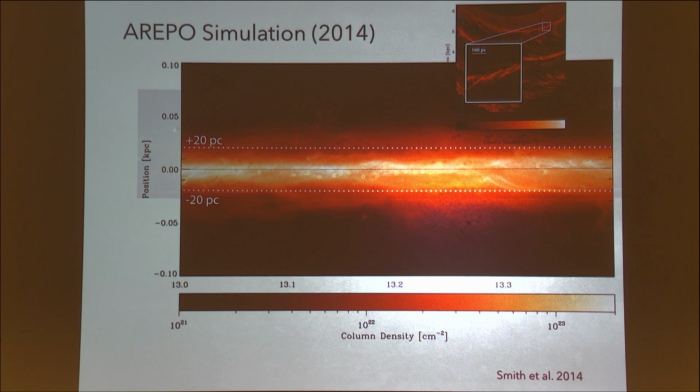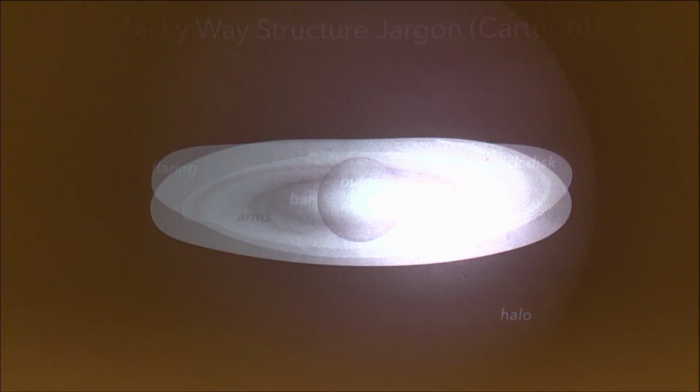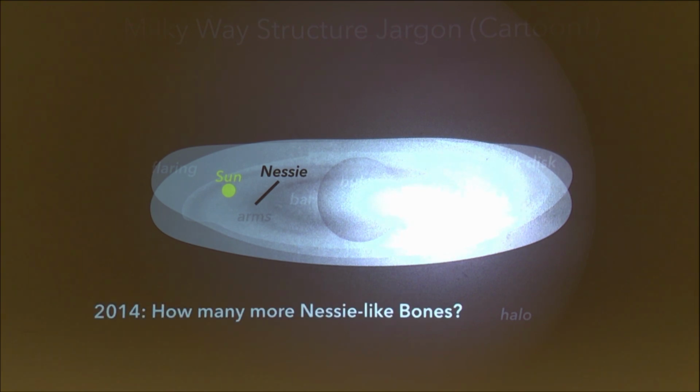I've given whole hour-long talks about Nessie, and I'm sorry for trying to explain it in 5 minutes, but hopefully you'll believe me that there is at least one of these 300 parsec long, 1 parsec wide clouds. And just to give you an orientation, here's the sun and here's Nessie in this lovely cartoon, although Nessie's a little big in that drawing. But importantly, it's toward the inner part of the galaxy. And we would love to know how many more of these there are.